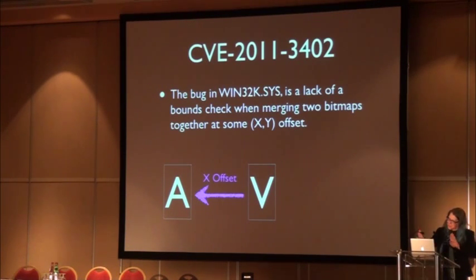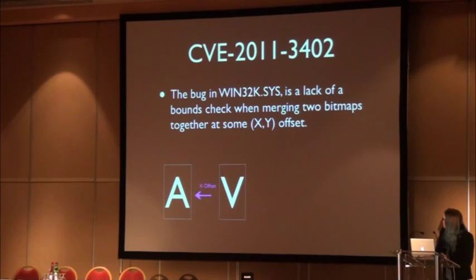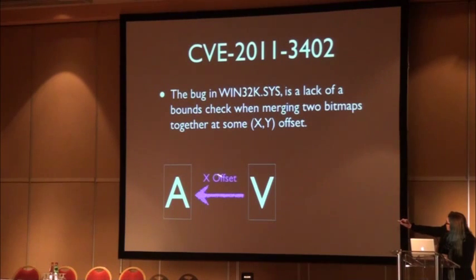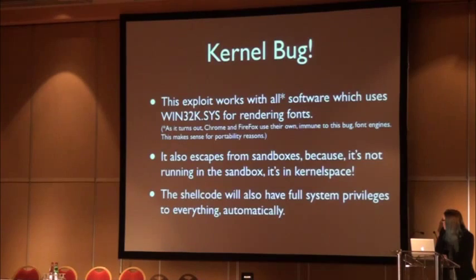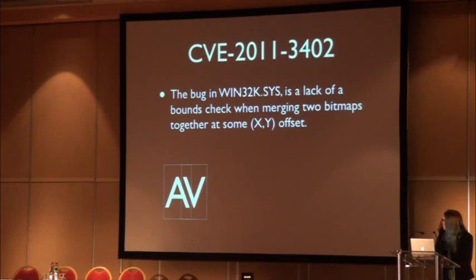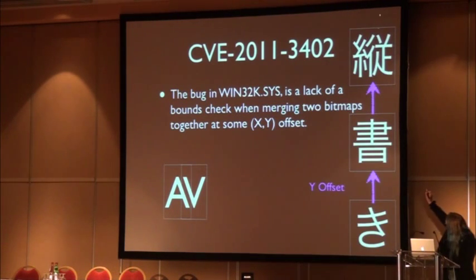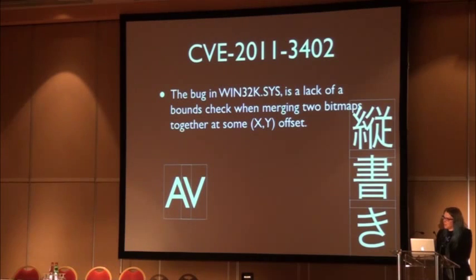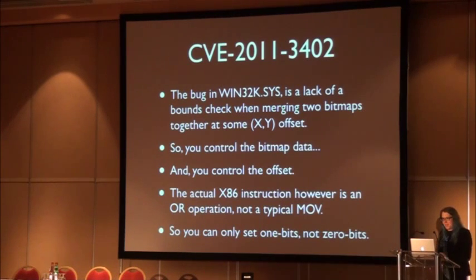and there's a set of numbers for the X and Y offset for kerning two letters together. So if you take these two letters and you want to stick them together like that, there's a variable that gives you what the distance between those should be. It also works for vertically written languages as well, so there's both an X and Y offset. So the bug was on the Y offset.